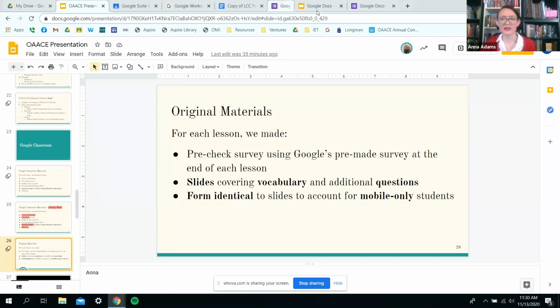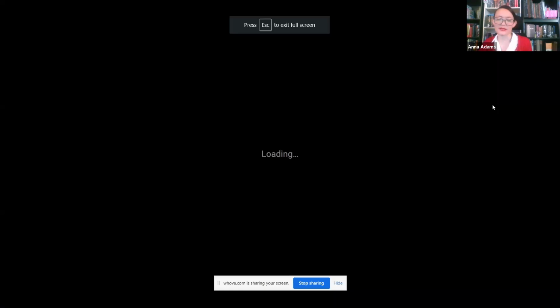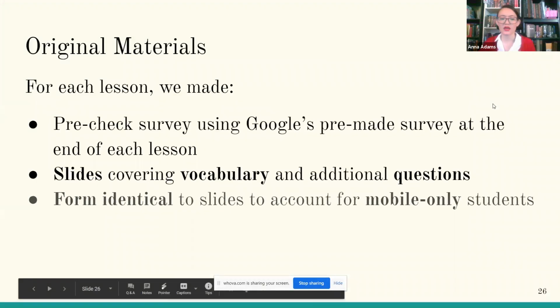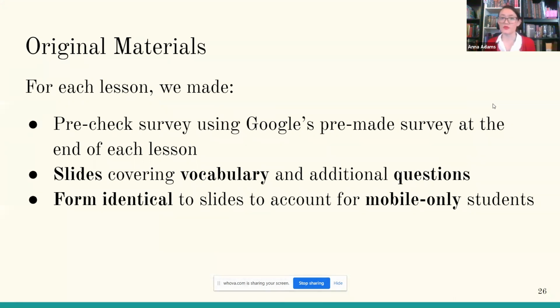And then we had slides that had all the information as well as additional vocabulary we wanted to cover and additional questions. And we had a form that was identical to the slides for students that were mobile and also for students that missed the class. Then they could just do this Google form to cover everything we talked about. And just to show you,